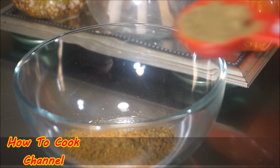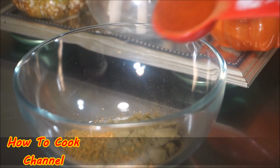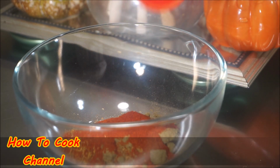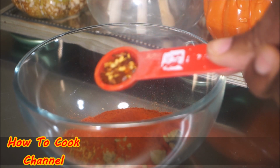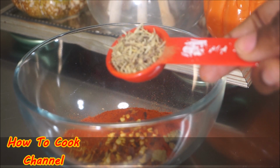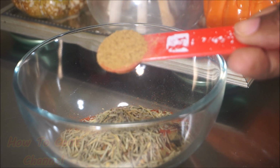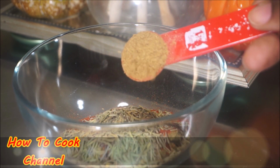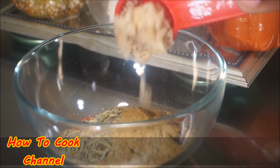Go ahead and put that in. 1 tablespoon of poultry seasoning, 2 tablespoons of paprika. It's what you need. 1 teaspoon of crushed red pepper for sure, and 1 tablespoon of dried rosemary. If you don't have dried rosemary, use whatever you have, and 1 teaspoon of cumin powder, a tablespoon of